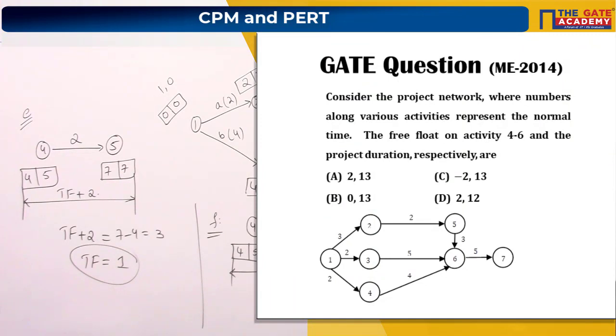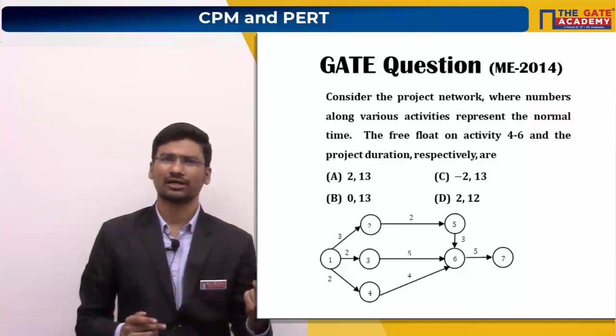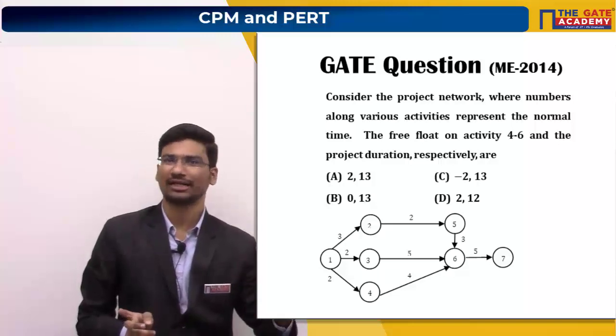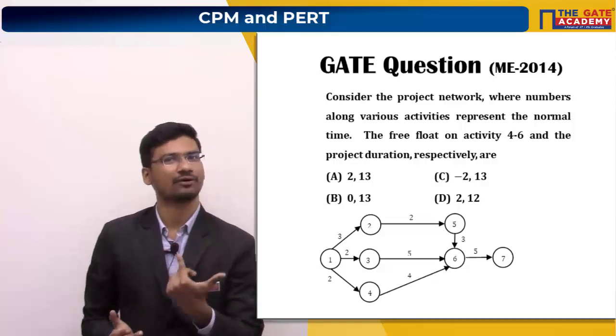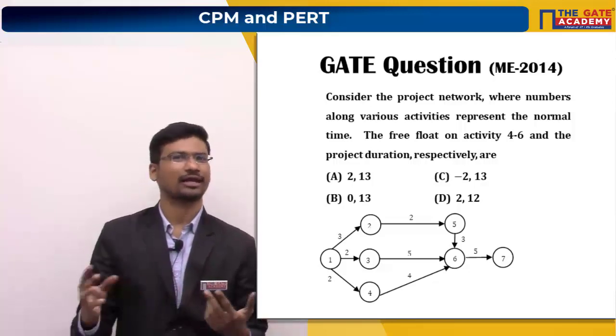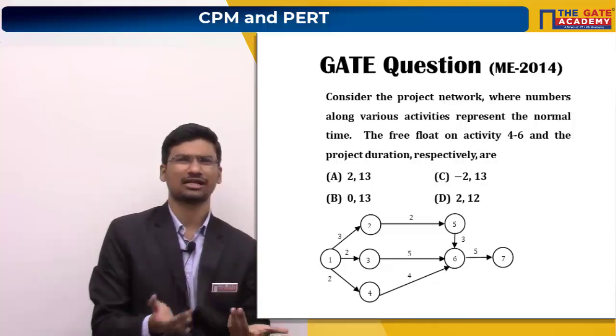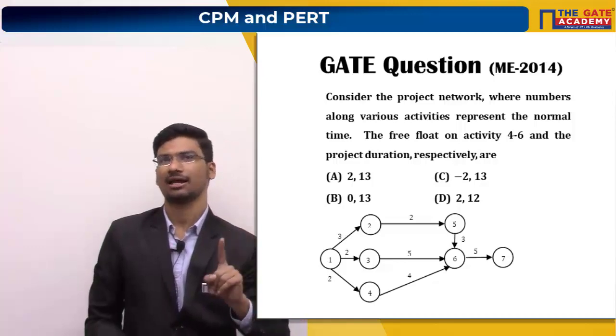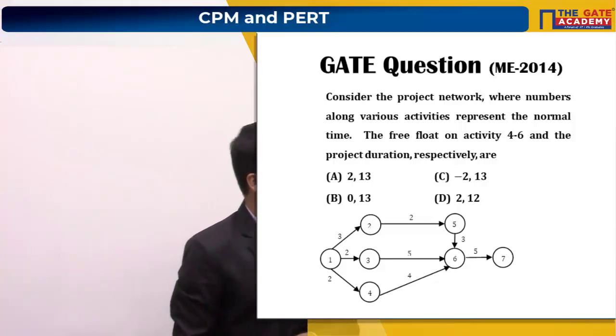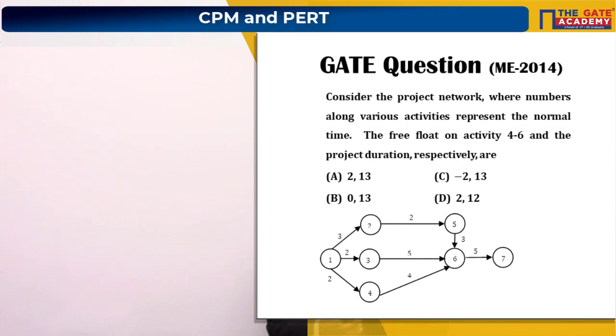Go through this question. Again, it is also a previous year question, and try to solve this particular question. In this question they have already given the network diagram, so no need to worry about the network diagram. Just use the forward pass rule and backward pass rule. Calculate all those values: earliest start times, latest start times, earliest finish times and latest finish times. And then you can calculate the free float value. In this question they are asking for the free float value. Again, don't remember formulas. Use the diagrammatic representation to calculate free float also.